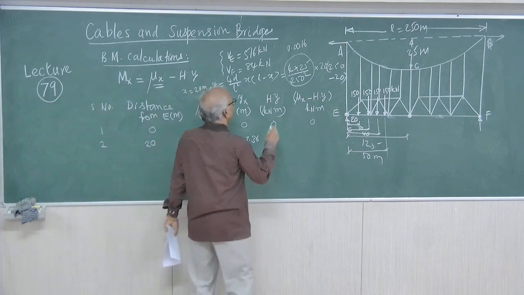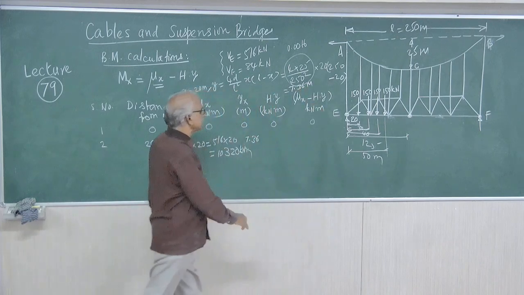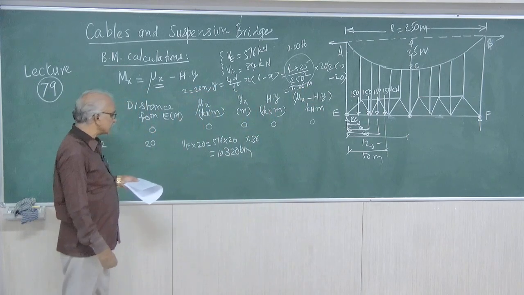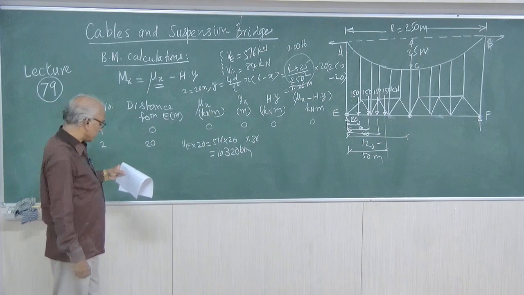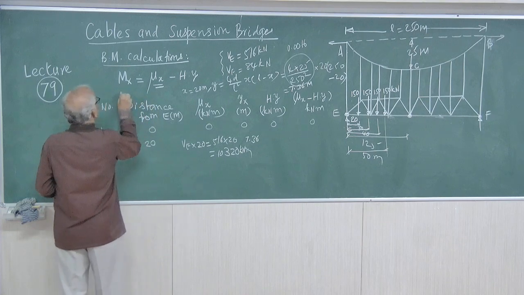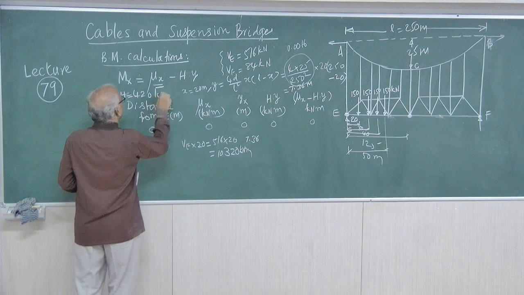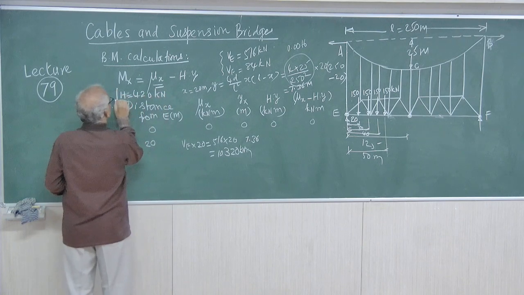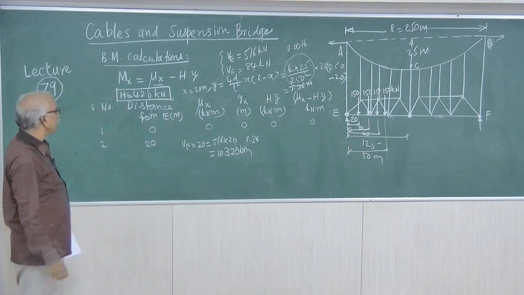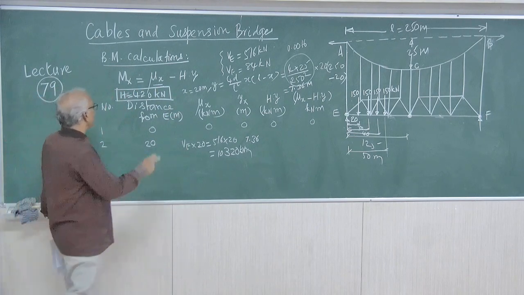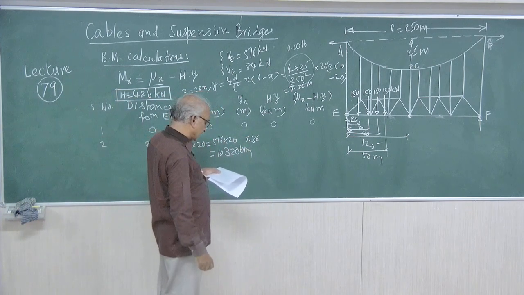So that value is 7.36 meters. Therefore, that is 7.36. And again, for this problem, the value of H is equal to 420 kilonewton. This we have taken from the previous problem. This is already available. Therefore, H into y equals 420 into 7.36 equal to